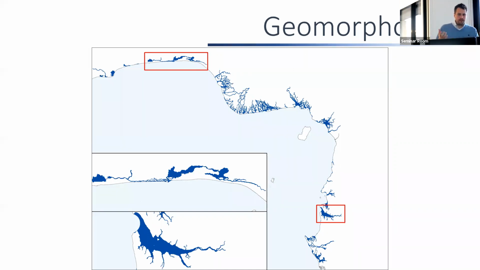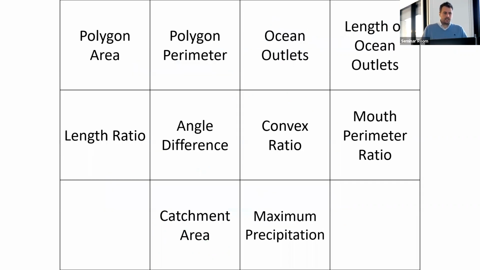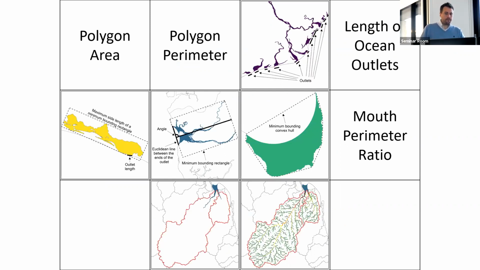So we needed to think about how we would categorize those and split them into different groups. So one of the things we looked at was, well, the shape of these is quite different. What they look like is very different between the different types. So we came up with 10 different metrics that tried to capture the shape of those polygons. Simple things like their area or their perimeter, but the number of ocean outlets shown in the purple at the top. As you can imagine, deltas have lots of outlets to the ocean, so you can start to identify where the deltas are.